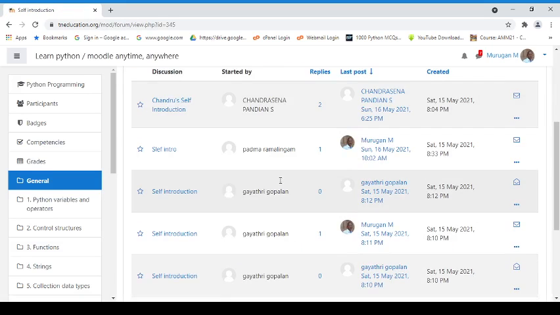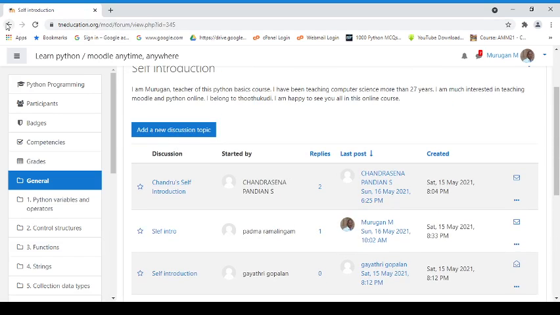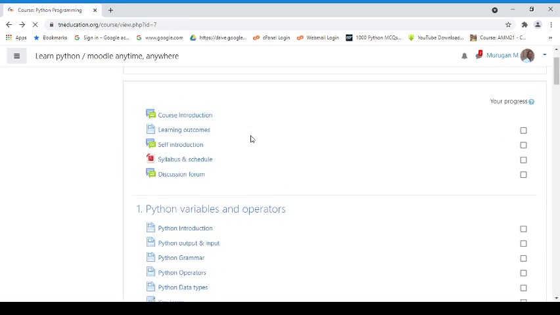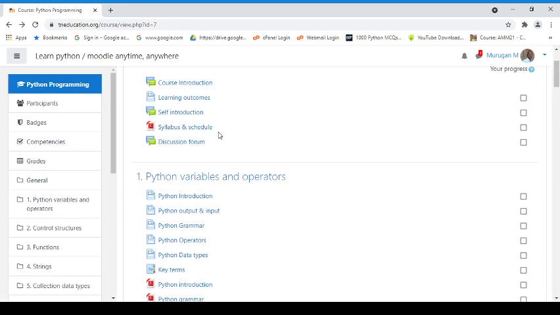Here we see the self-introduction of some of the students. Next, syllabus and schedule. You can download the syllabus and schedule in PDF form.